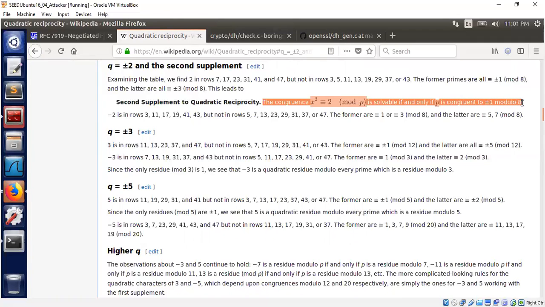If X squared is congruent to 2 mod P, then we can be sure that P is congruent to plus 1 or minus 1 mod 8. If P is congruent to plus or minus 1 mod 8, we can conclude that X squared is congruent to 2 mod P. What it means is that if we have a P and we find that P is congruent to plus or minus 1 mod 8, we can conclude that 2 must be a quadratic residue, because you can